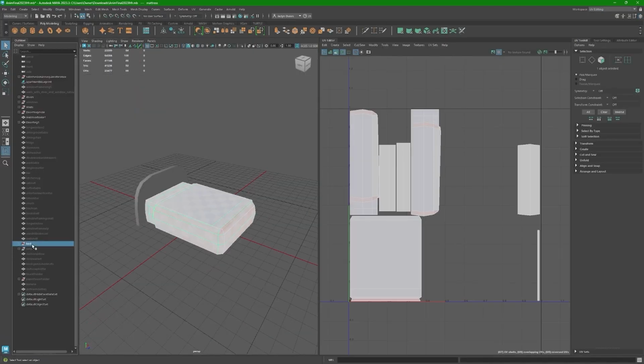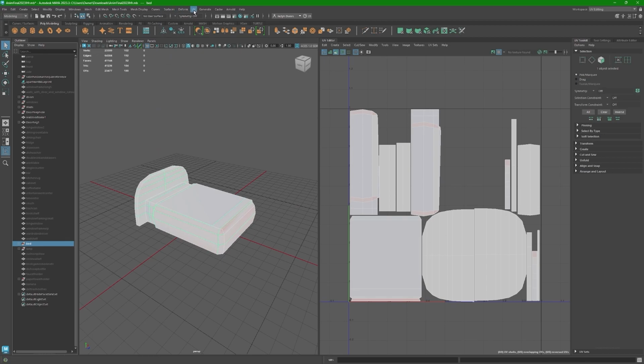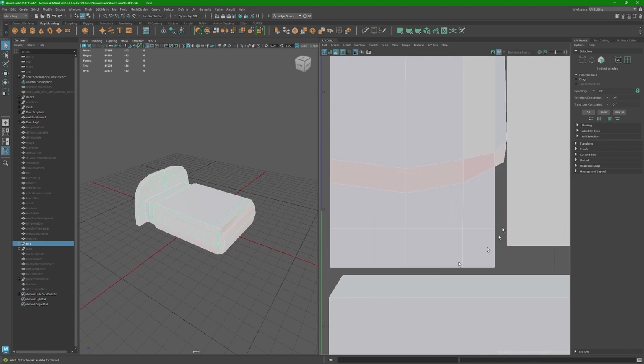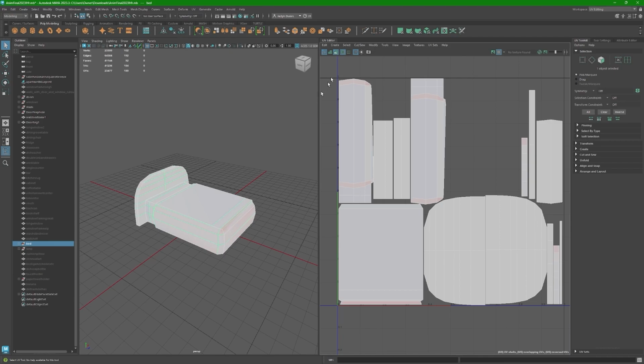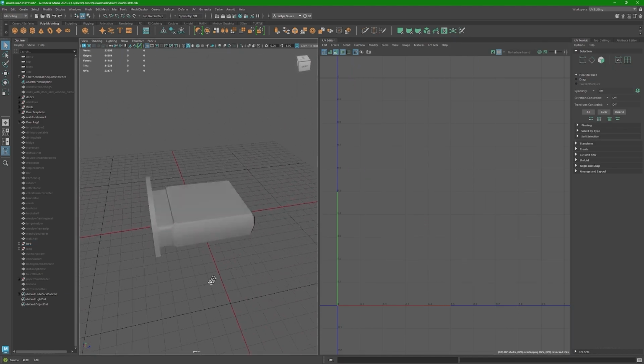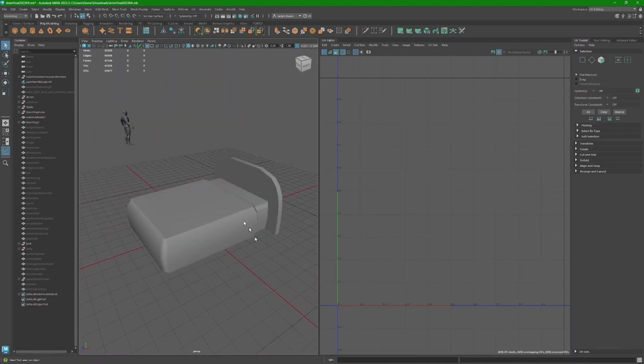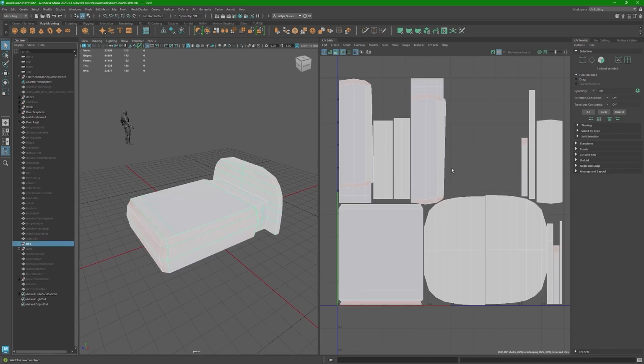With these props, honestly, I went up here to UV and I did an automatic UV and it did it for me. And most of the time, the only thing I really had to do was get in here and move some things around a little bit to make sure that they're not touching. Just made sure that this weight distribution wasn't too jarring, and then just made sure it was okay. And then after UVing everything, I made sure to do all this again just to make sure that everything's clean